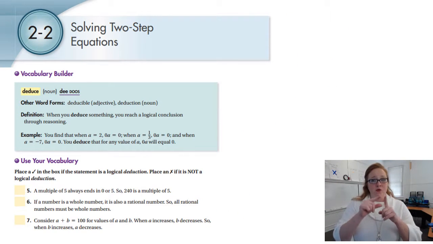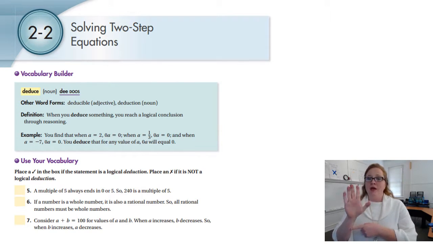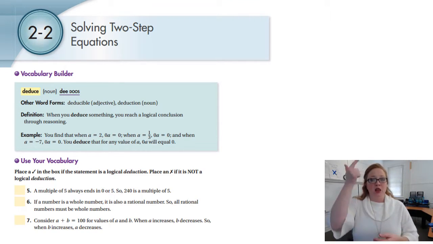Vocabulary builder. The word is deduce. Other forms of the word: deducible is an adjective. Deduction is a noun. The definition: when you deduce something, you reach a logical conclusion by reasoning. An ASL, deduce would be